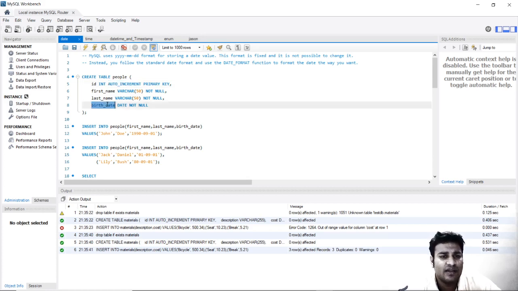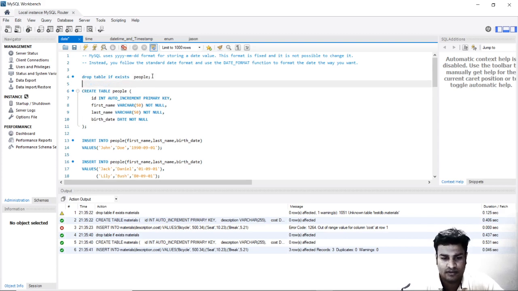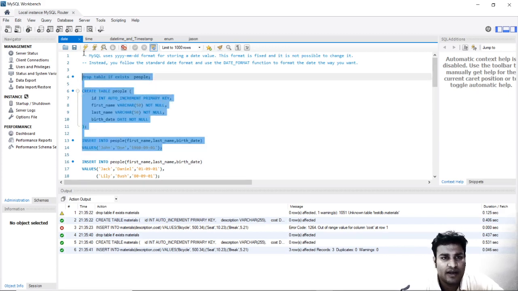You see over there the birth date is of type date. You just go ahead and write a statement: drop table if exists people. So we are just running these statements.